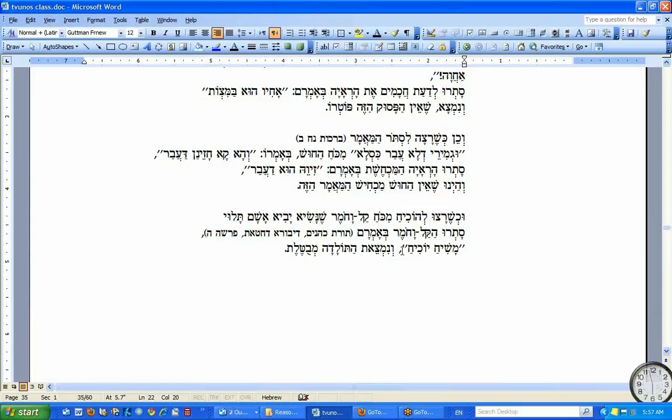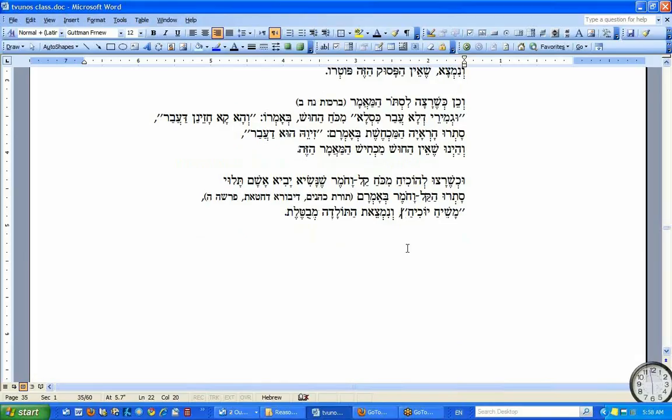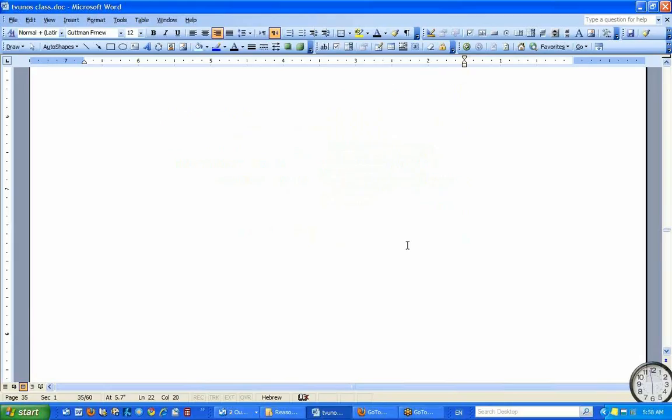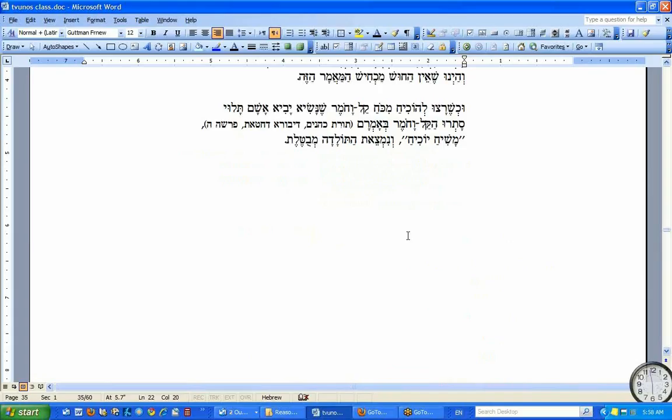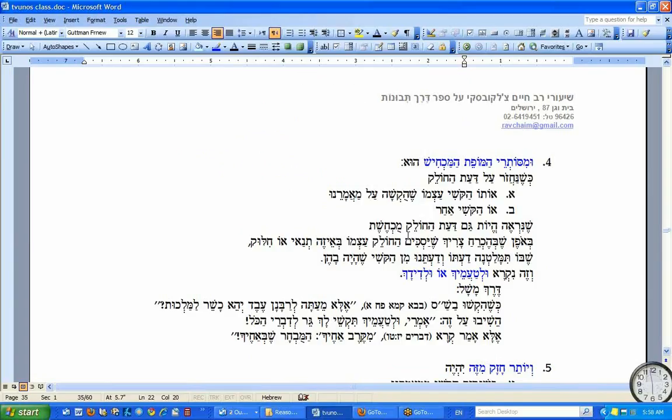One way is to show that the result of the Kal V'chomer that you're trying to bring is against a clear pasuk, like in this case, Mashiach. So if I can show that the result of the Kal V'chomer doesn't work in the Torah, because the Torah speaks against it, so I broke up your Kal V'chomer. So those are the 3 ways of destroying the proof from Teva, Haskama, or from Hekesh. But here,